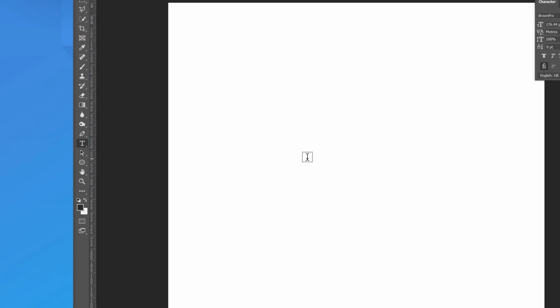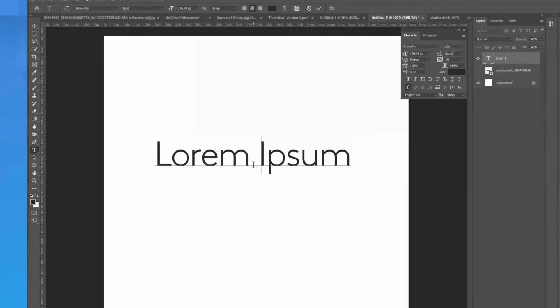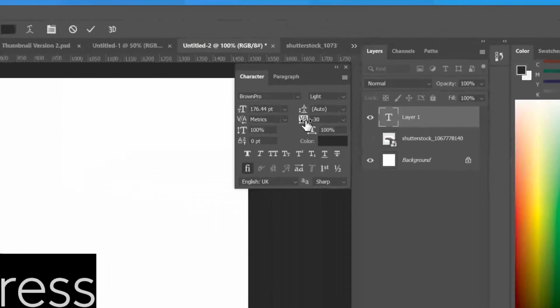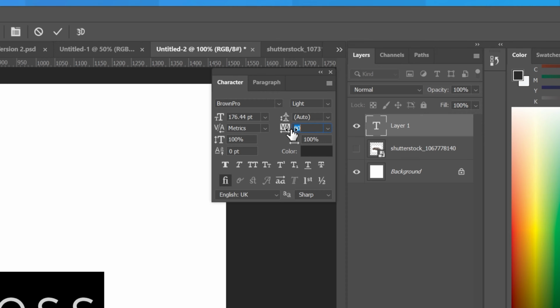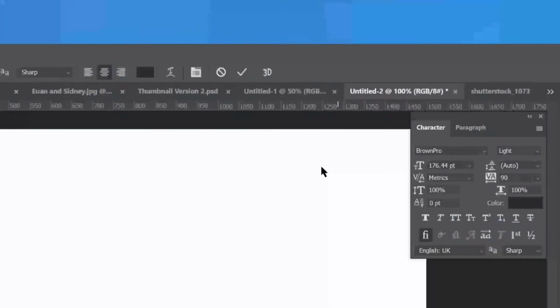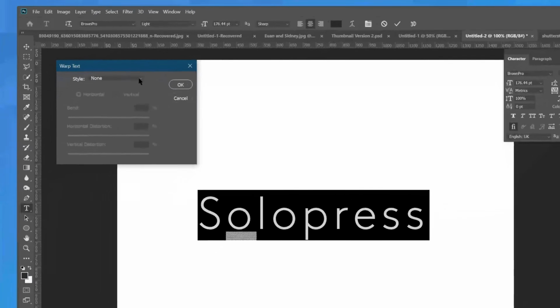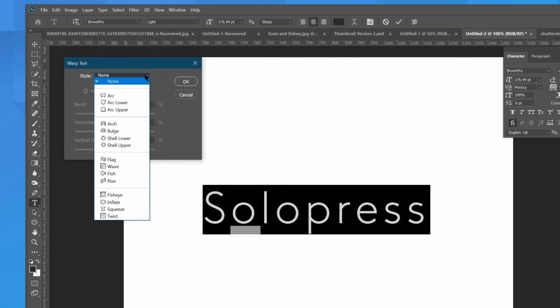So for the first method, I'm going to hit the text tool and make a text layer saying anything I want. Keep in mind that warp text is usually spaced further apart, so adjusting the leading to a little bit higher may be necessary. There's a little T with a curved line below it that you can click to create your curved text. At this point, a window will open up that shows the available options for your curvatures.